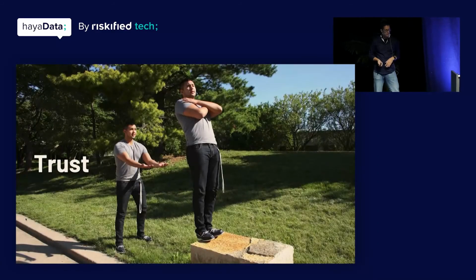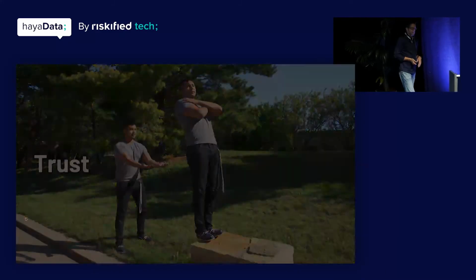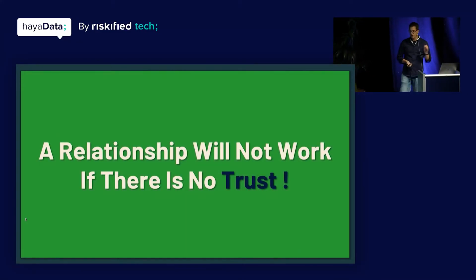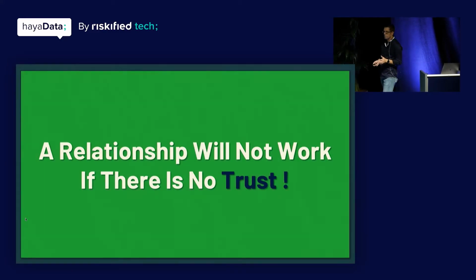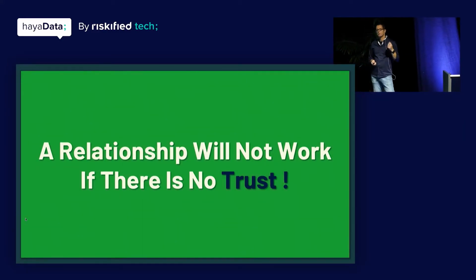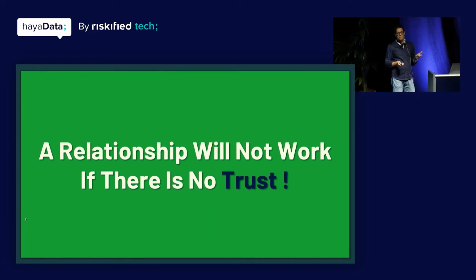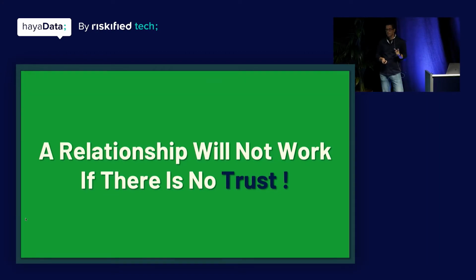Okay, let's talk about trust. So a relationship will not really work if there's no trust in it. To make it work, you need to build trust. The same thing applies to a system. If you don't trust a system, you will stop using it. And I think Gali mentioned it in the talk about the Tabula alert system as well.